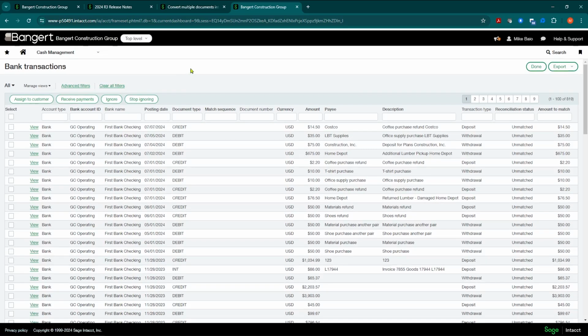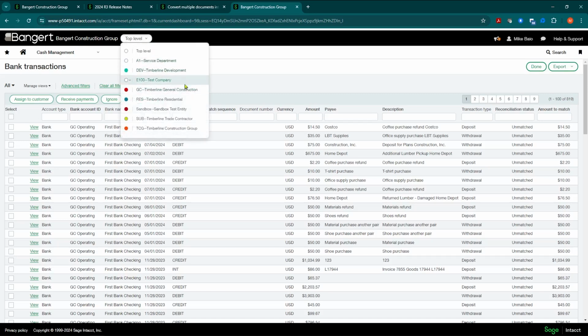It now gives the system the ability to restrict users by entity for bank recs. So, you know, in the past, you would set up the users. Let's say you have 6 entities, but you only want a particular user to get into a couple entities, and they need to do bank reconciliations, which need to be at top level. So they have the ability to go in and do bank reconciliations. So for example,